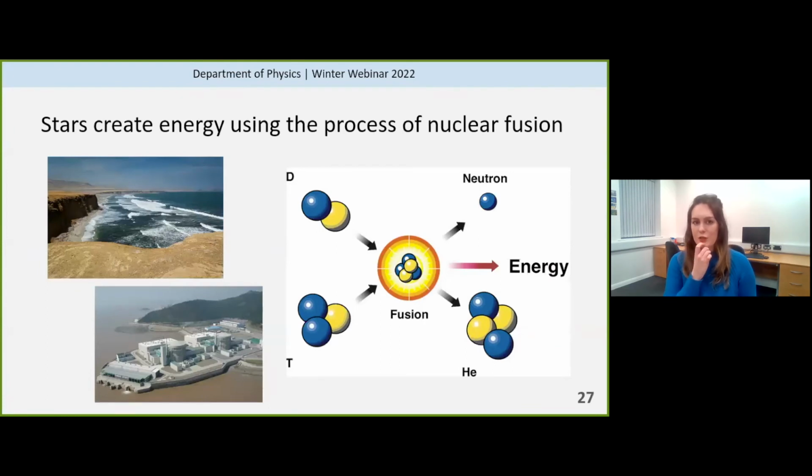So stars like our sun create energy using the process of nuclear fusion. So don't be put off by the word nuclear. The word nuclear here basically means that it's got something to do with the nucleus of an atom, right? So it's the fusion of two nuclei. The way that it works is you'll have two light elements. So in here we have D, which is deuterium, and T, which is tritium,